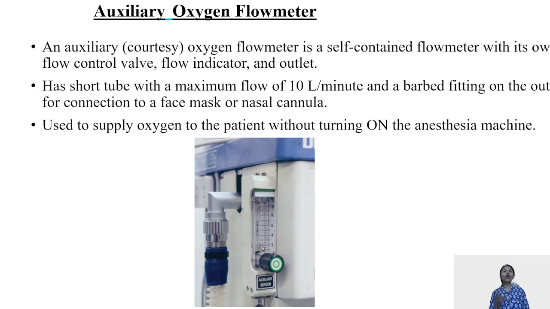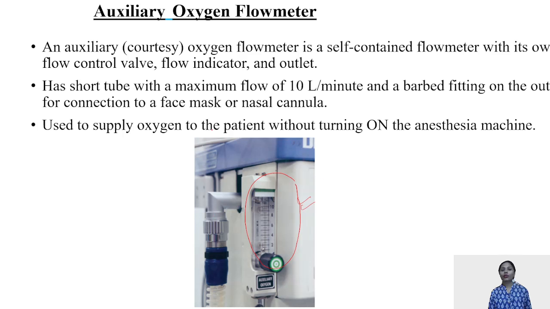Moving on, we have an auxiliary oxygen flow meter also, which is part of your low pressure system. This is an extra oxygen that is being delivered to the patient. This is how your auxiliary flow meter is going to look. This is the auxiliary flow meter on your anesthesia machine. Please, if possible, do visit your operation theaters once and request your anesthesiologist residents to show you the machine, and after you see the machine, come back and have a quick revision of the session. You will be able to visualize each and every part more clearly.